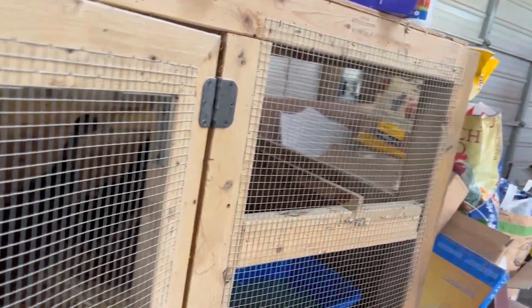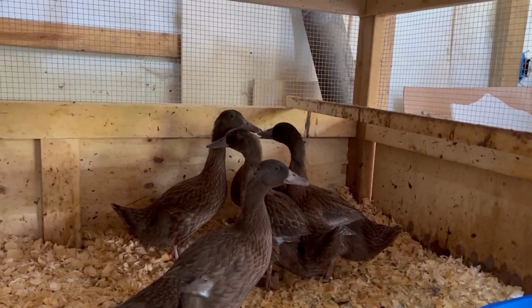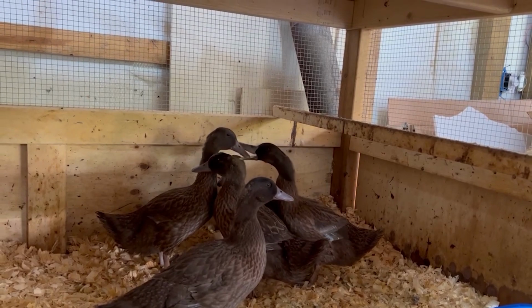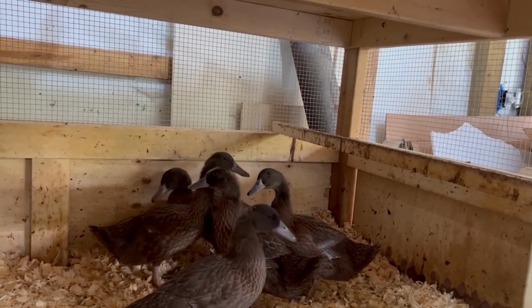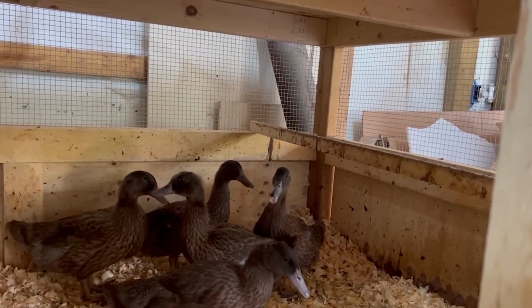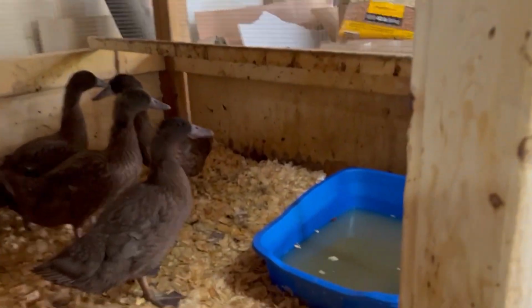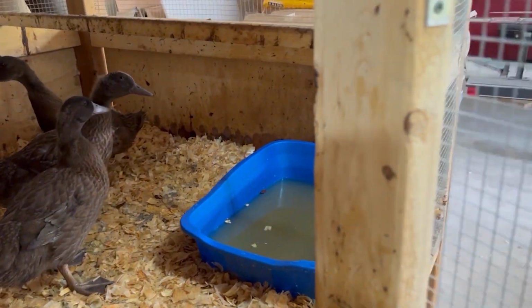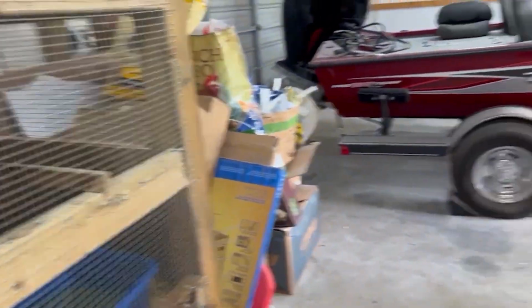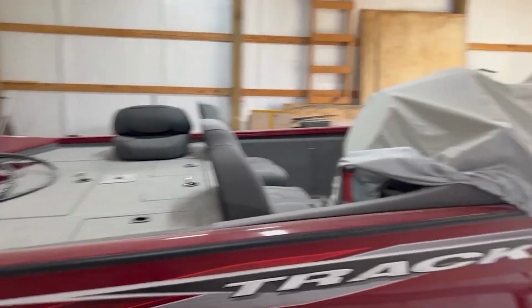And if you remember the baby ducks, there's the baby ducks. They're getting their feathers. Yeah, I think Terry said she thinks 3 of them are males and 2 of them are females. So if they got a darker head, they're going to be males. The light-headed ones are going to be females. So they're messy. That's their kiddie pool Terry put in there. And we got to get these guys out here soon, because I've been charging up the boat motor, the batteries on the boat,